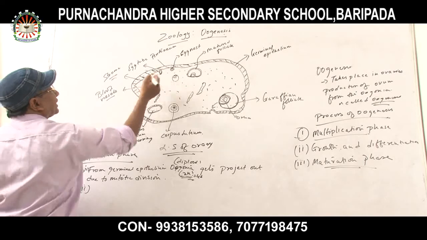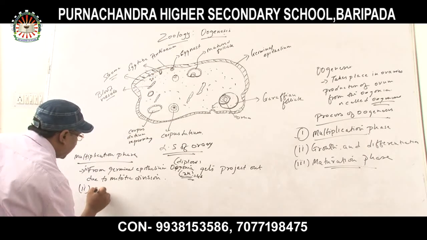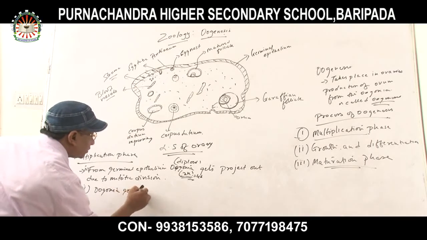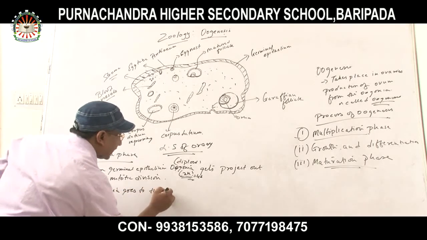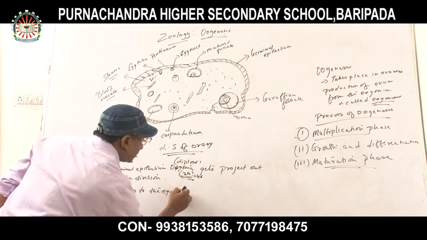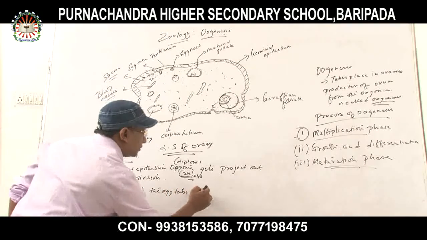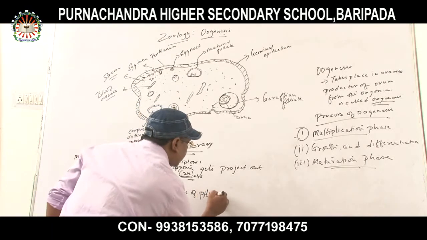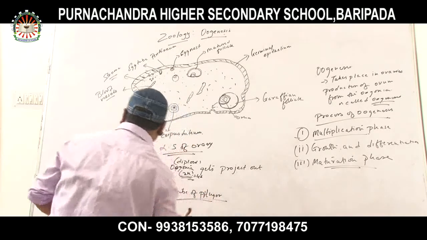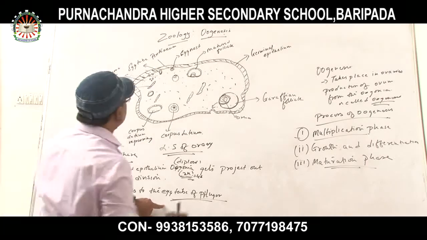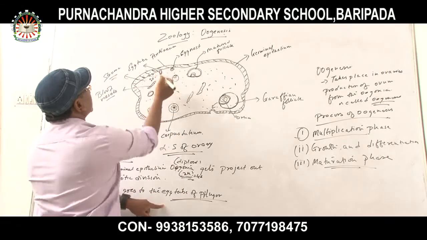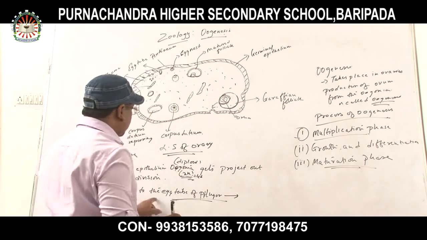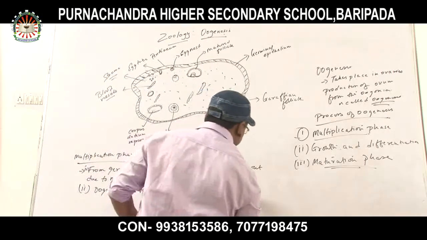Then after that, oogonia goes to the egg tube of Pflüger. Oogonia goes to the egg tube of Pflüger from here. Then after that, it goes to the